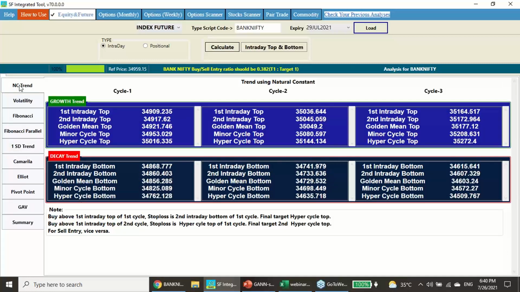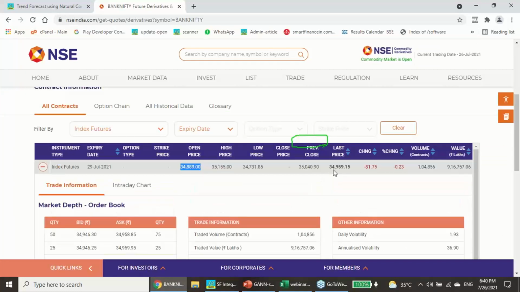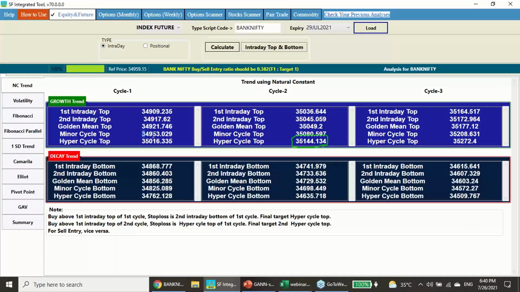So you can see here 34,035, 155, you had a retracement, so you can compare it here. At 35,155, in the second cycle of trend, it gave a crossover, just 10 points above. From there it did not enter the third cycle. From there it has retraced back, and it is settling at what price? Last traded 34,959. It is closing just 6 points above, very close to this.